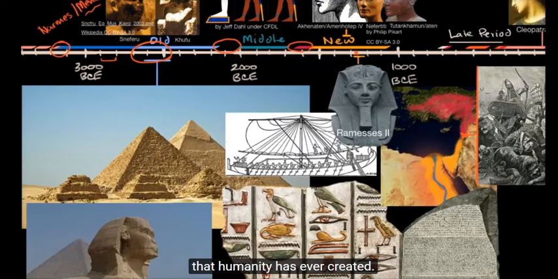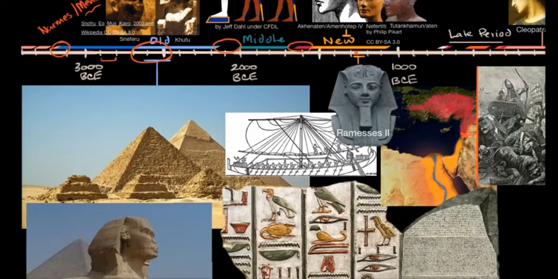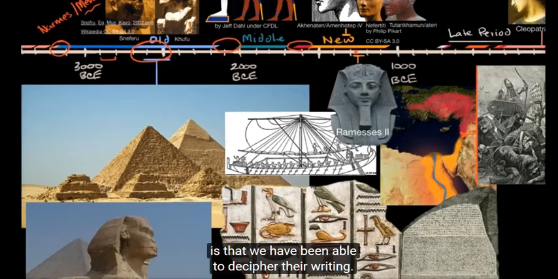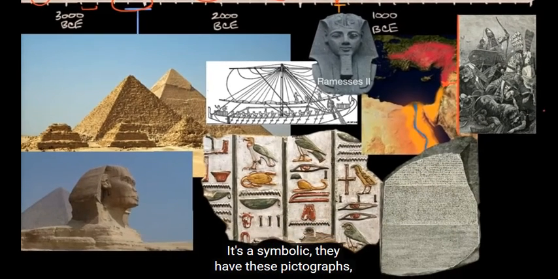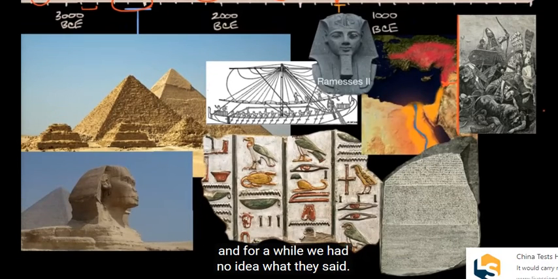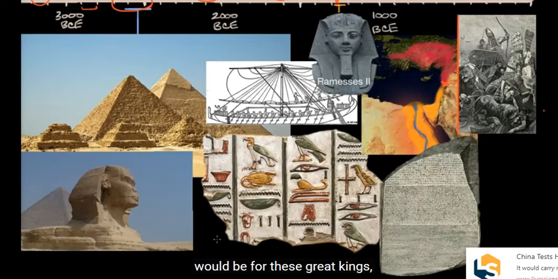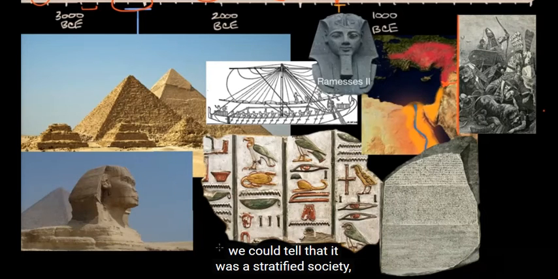And the reason why we know so much about ancient Egypt is that we have been able to decipher their writing. It's symbolic, they have these pictographs, these hieroglyphics. I'm sure you've heard of the word before. And for a while we had no idea what they said. We would see these inscriptions in these tombs, and we had a sense that, okay, these tombs, especially things like the pyramids, would be for these great kings. We could tell that it was a stratified society, that nobility had better tombs than others, but we didn't really have a good sense of what was going on